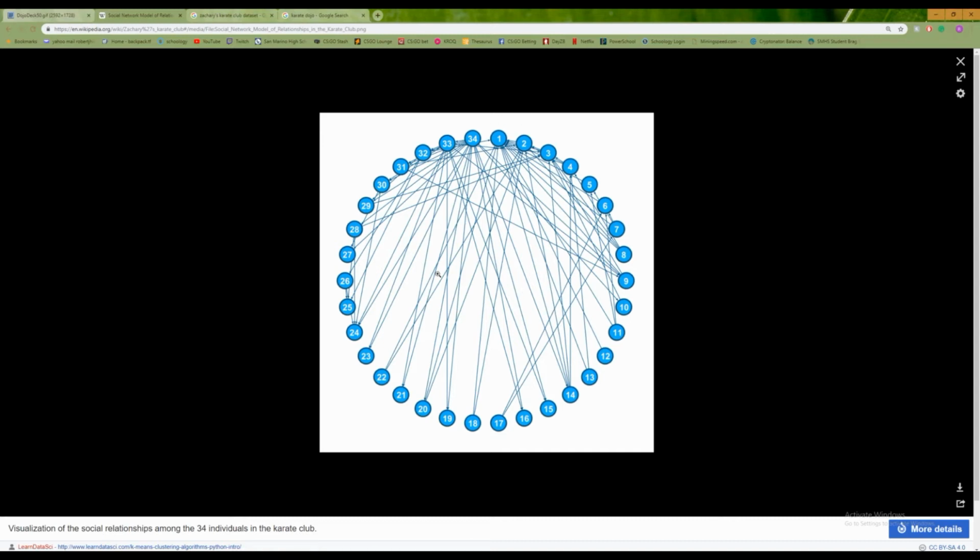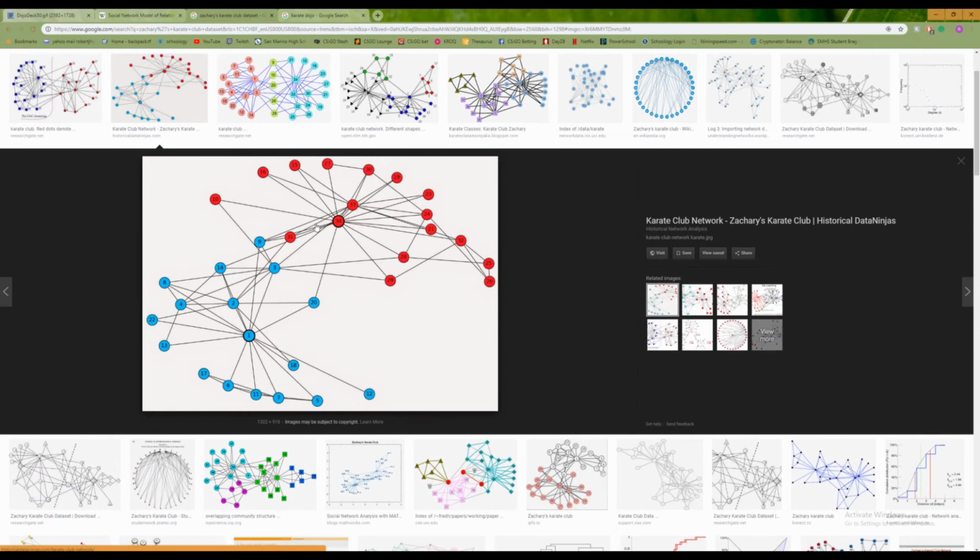And essentially what the data set is for is we're going to try to predict who they will join just based on these relationships that we're seeing here. And when you run it through a clustering algorithm like we did, you get these types of graphs that find out who will go with who. And the problem normally would be super easy to figure out, because as you can see here, a lot of them would be pretty easy. 1 and 22 is only connected with one of the primary owners, one of the authoritarian positions. So obviously you wouldn't go there.